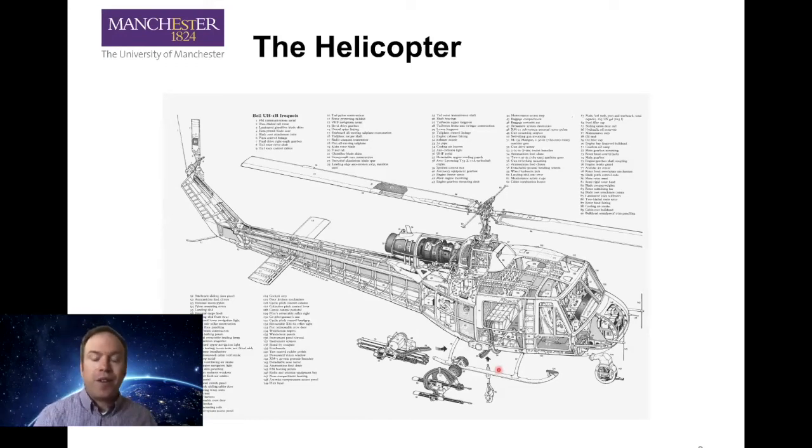On our fixed-wing aircraft, we had separate engines and wings. On a rotary-wing aircraft, they're combined. We have our main rotor, and our main rotor provides both our lift and our ability to move forwards. Obviously, the power in this case is generated by a single small turboshaft gas turbine engine, but it is transmitted